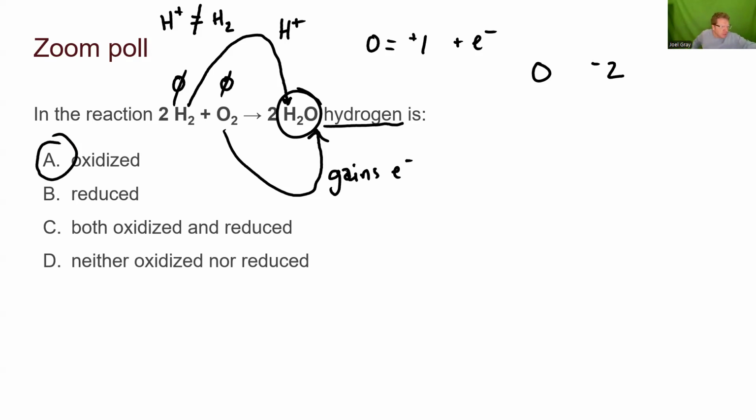Now I got a private message. Doesn't it mean it's getting reduced because O2 is -2? Yes. Wait, how do you know it gained an electron? Great question. The way that we can deduce this is we can look at the periodic table. Let me actually pull up the periodic table real quick. We'll do this as a little bit of a refresher, and we'll go through a similar sort of reaction.